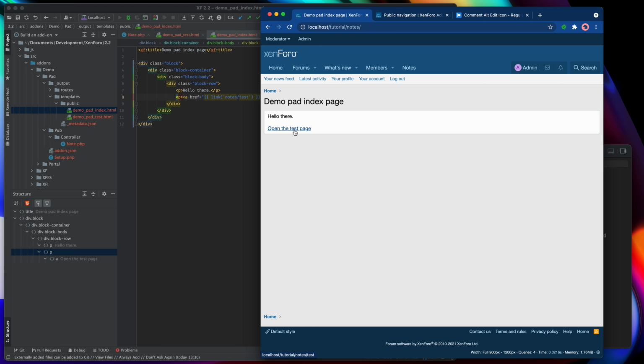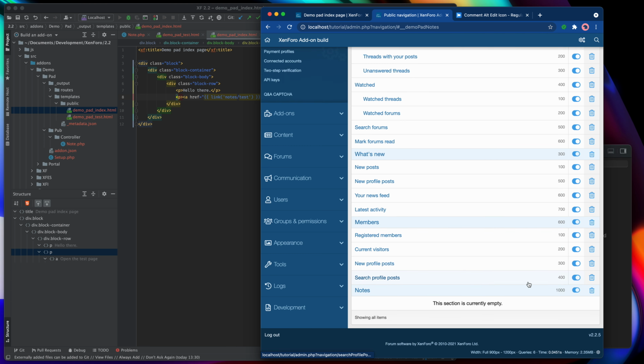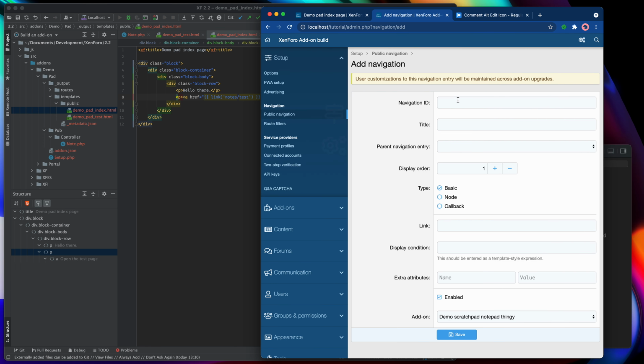So now we have a test page that links to a second test page, which are linked from the top item. So while we're here, let's add a child item to this, because right now there is no change to the list of sub navigation items. So let's come in here and say we want to add navigation, and I'm going to call it demo pad notes test, because we're going to link to the second test page, and I'll call it test page.